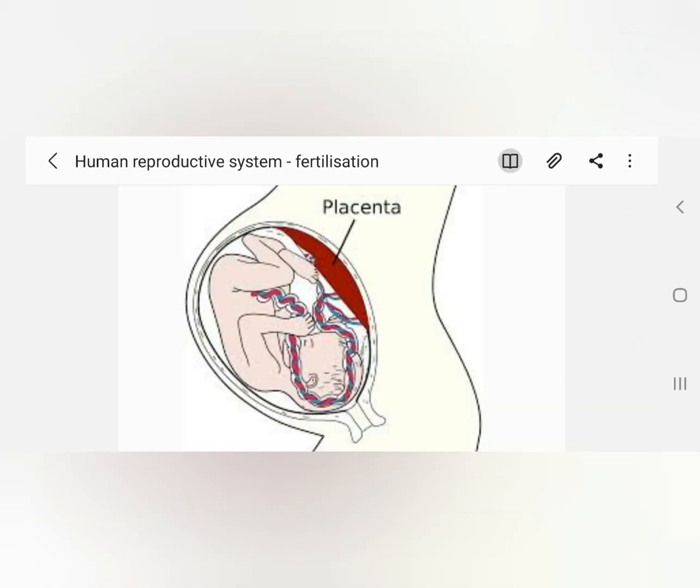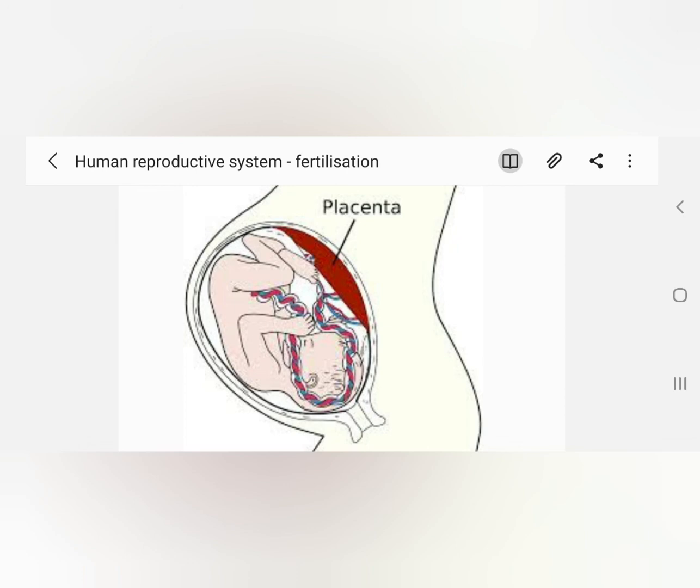When it is developed up to 280 days, gradually fetus will be moved down, and the amniotic membrane becomes very thin, and the baby gets inverted, means head and hands come towards the cervix, and later the muscular activity at the cervix will be started, which are called labor pains. Due to the severe movement of the muscles during labor pains, amniotic membrane ruptures, and so the baby is delivered out, which is called parturition.